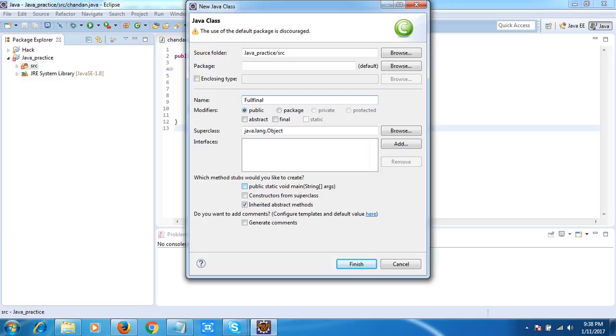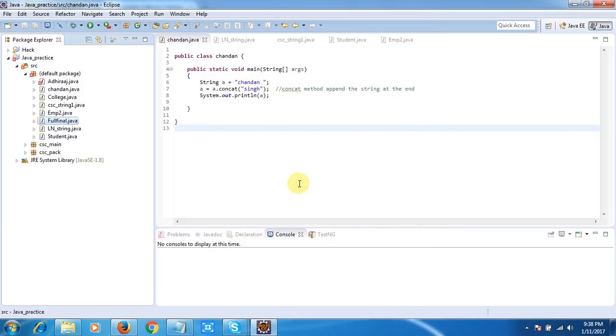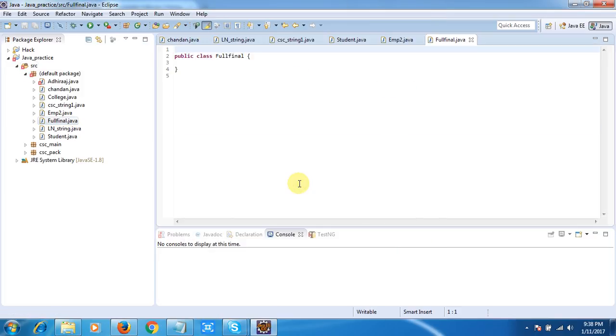Now suppose that I have a class and I will first create a variable, and I will show you how to restrict the user. Suppose that I have an integer x equal to 10,